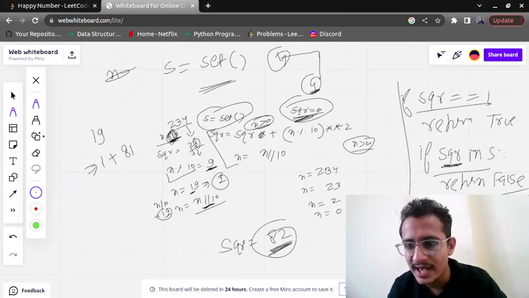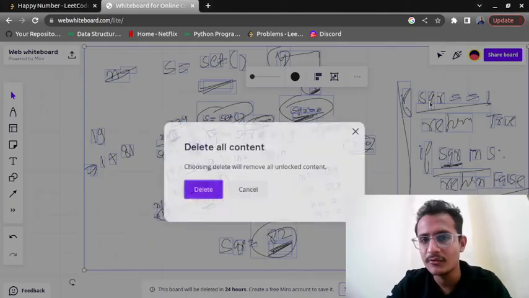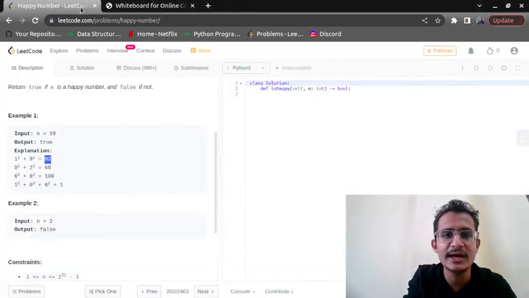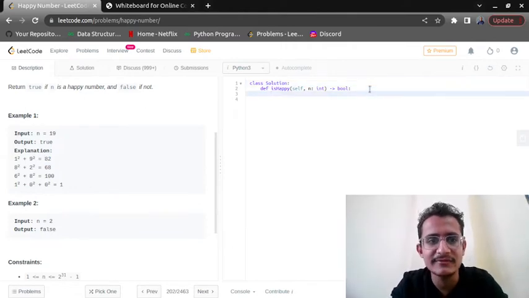So what we will do, s dot add n. So these are the steps that we are going to follow. Now I will help you to write the code for the same. So we are on the screen. As you can see, in input we are going to get a value as n.